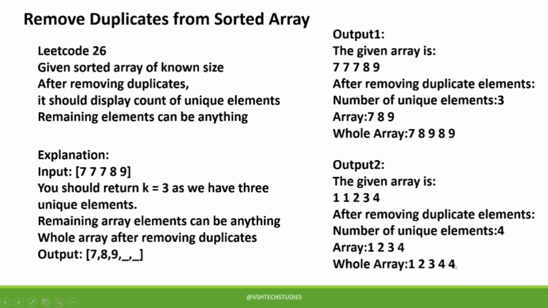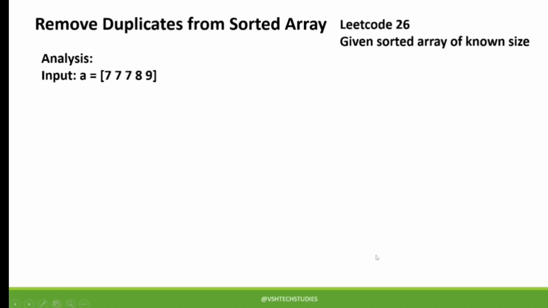So this is the problem statement. Okay. So next we shall see the implementation of this problem in C code. Before actual coding, let us analyze the given problem. So the given array is of known size, which means here it is 5, number of elements is 5, and they